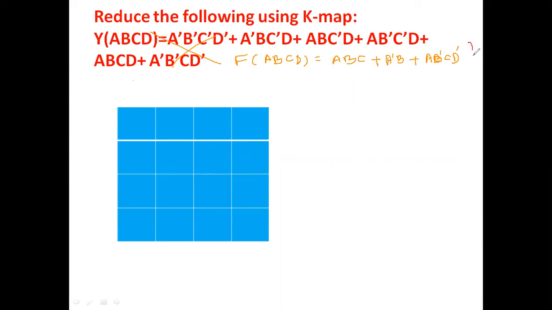The problem given to us is like this. This is the function. So what is the difference between the previous one and this one? The problem is not in a complete form, either in canonical or in minterm or in Boolean expression. In all the forms, it is incomplete. So the problem is in Boolean expression.